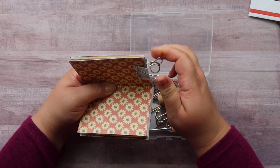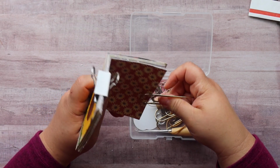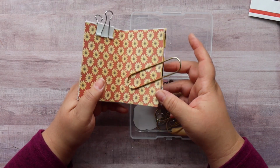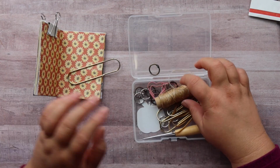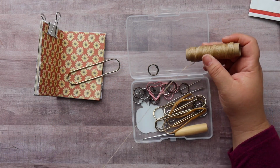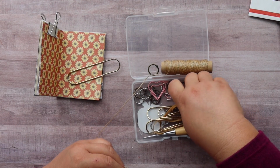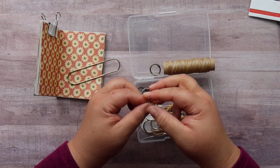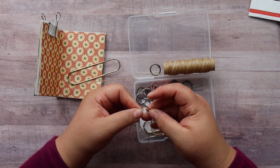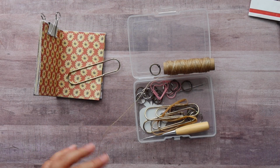I'm going to actually take a binder clip this time and clip it there and clip the side, just to kind of keep it to where I want it. And then I'm using this wax thread. I use it all the time on here. It's like waxed embroidery floss, I think. And I have a needle because my other one broke, so I have to use this one, so I need to go get a new one. This one kind of has like a little slant to it, but I would rather use just a regular needle. So I'm gonna thread this needle